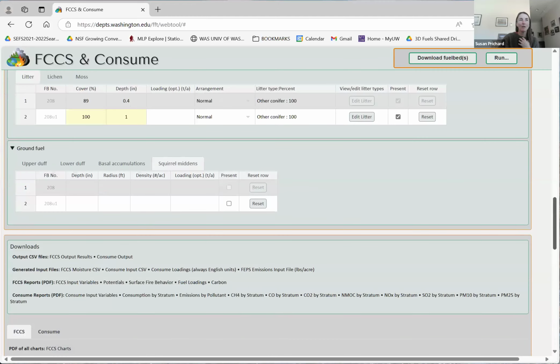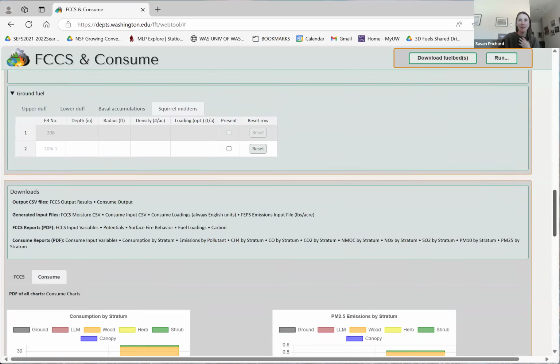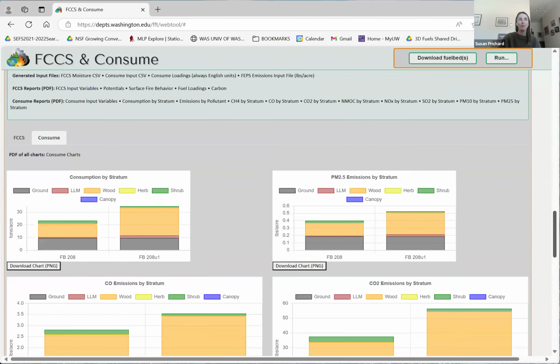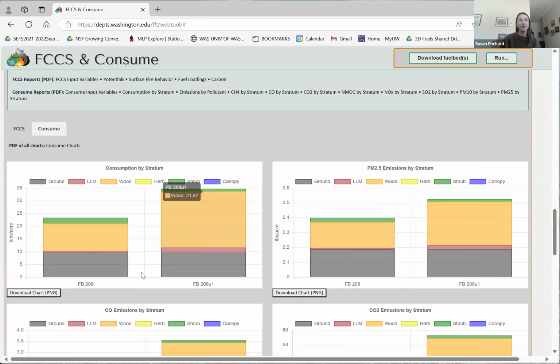And then we can move finally into smoke management outputs. And here we have consume. And so once again, because we have this nice fuel accounting system, we can look at consumption by stratum. So where is the most consumption in these 2 fuel beds? Not surprisingly, ground and wood. We have more consumption in the thin unit just because we've taken out trees and created a lot of surface fuels from that thinning. And then PM 2.5 emissions, love this too,